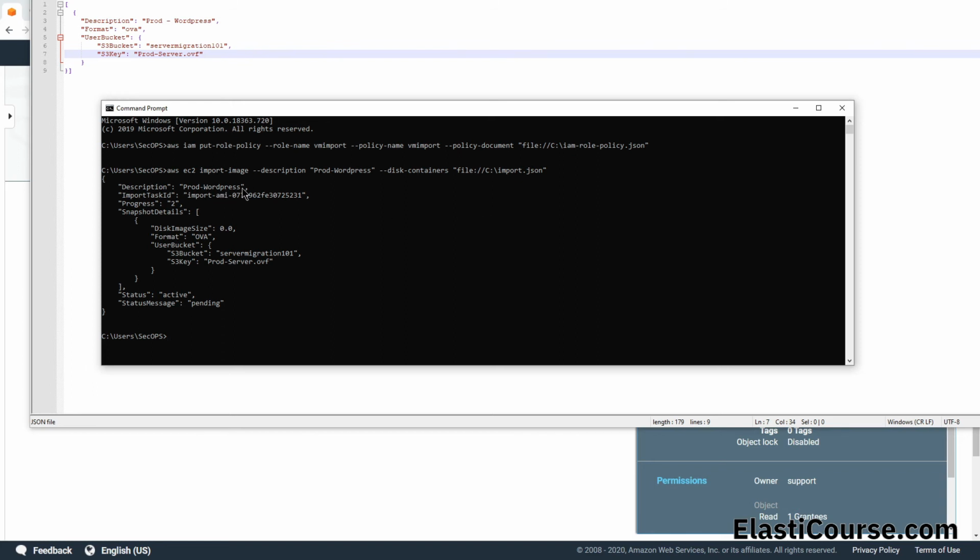It would contain our description and our import task ID. This is very important because this is how we can track the progress of this. And we can see that the status right now is active. That means the import is in process. And this process might take a few minutes, but we can always check the status on it by using this